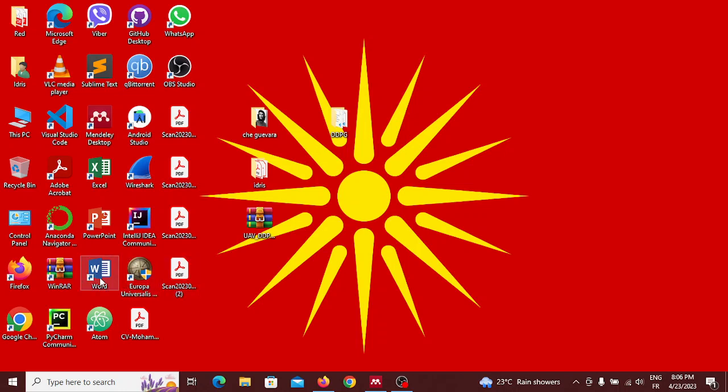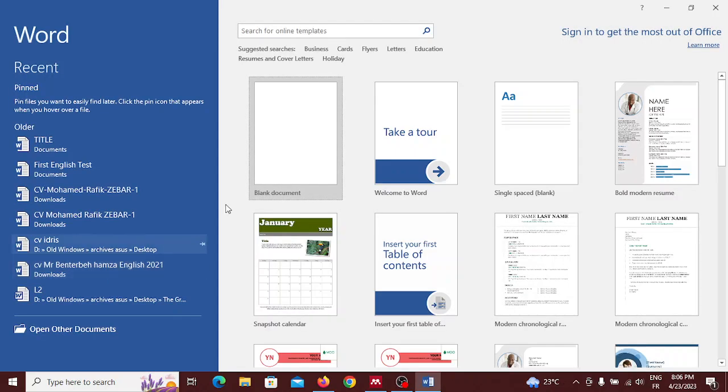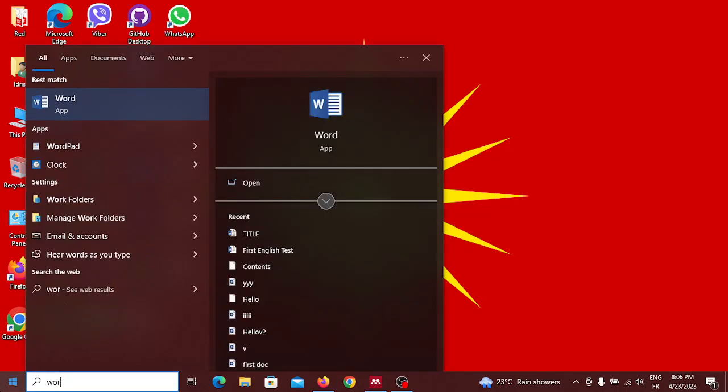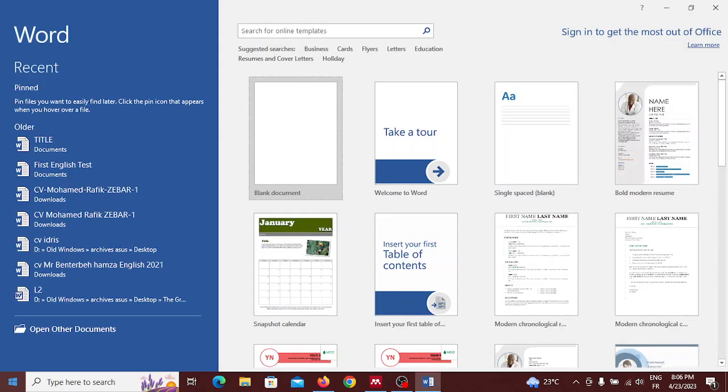First, we can double click on the icon, like so, or we can search here using the Windows tab, Microsoft Word, or just Word. By clicking enter or double clicking the icon, it brings us to